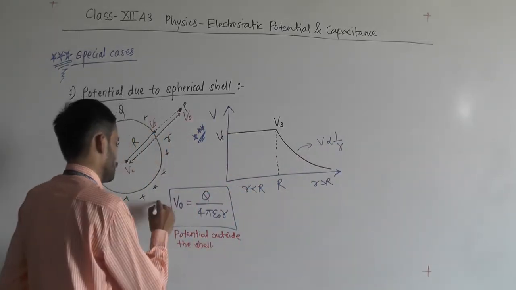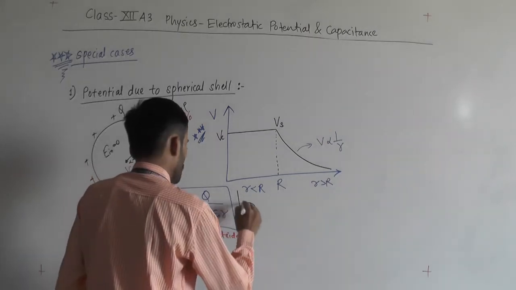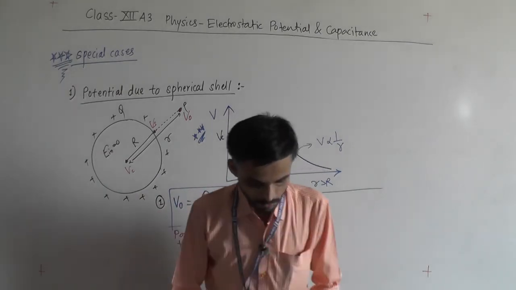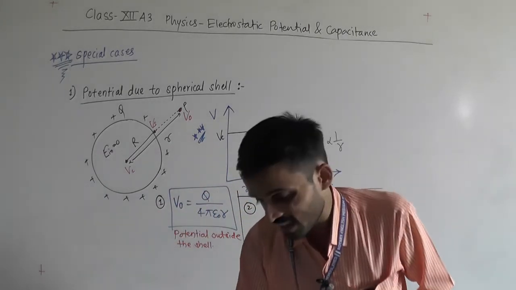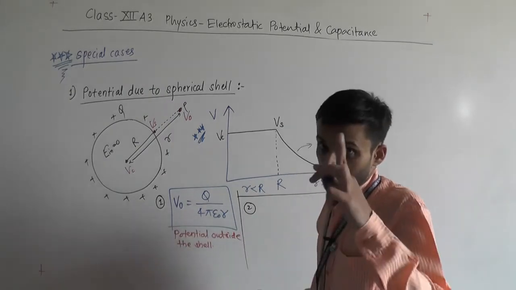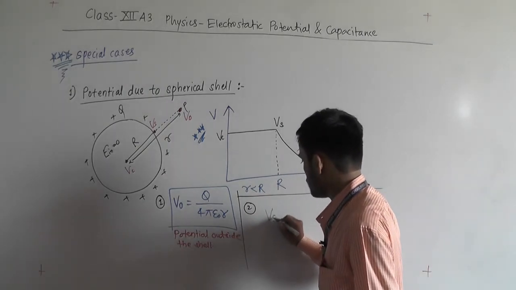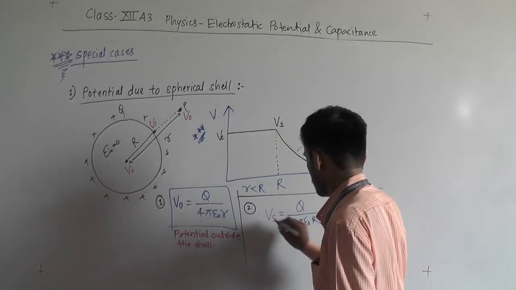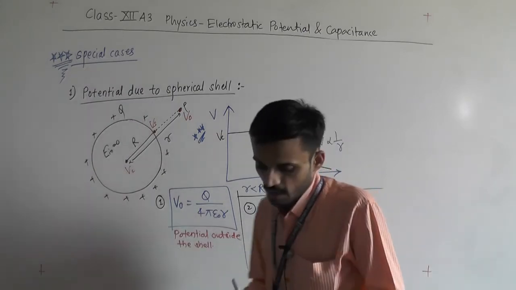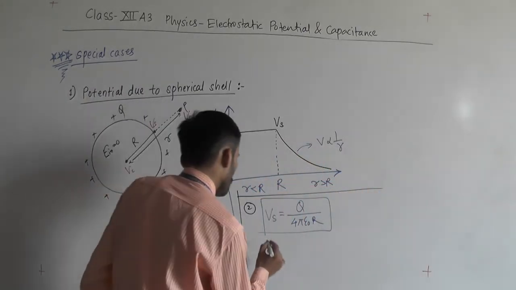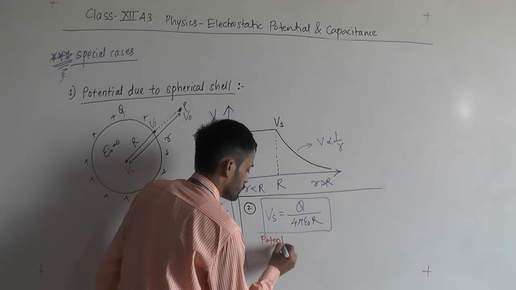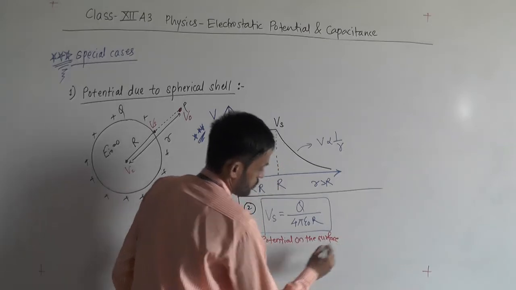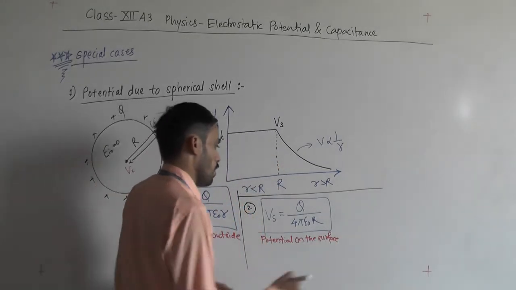नाउ सेकेंड वन, दिस इज फर्स्ट वन. सेकेंड वन, पोटेंशियल ऑन द सरफेस. ओके, सो दैट विल बी सेम, ओनली व्हाट विल चेंज, दिस R will change, capital R. So that will be VS will be Q upon 4 पाई इप्सिलॉन नॉट कैपिटल आर, तो इसको क्या लिखेंगे, पोटेंशियल ऑन द सरफेस, समझ गए बेटा।